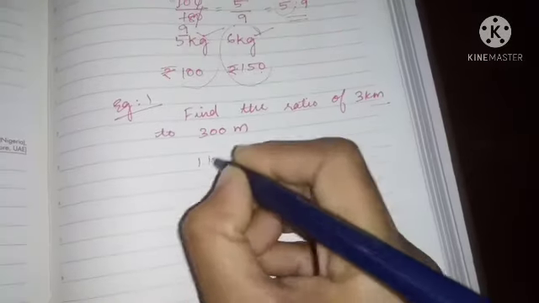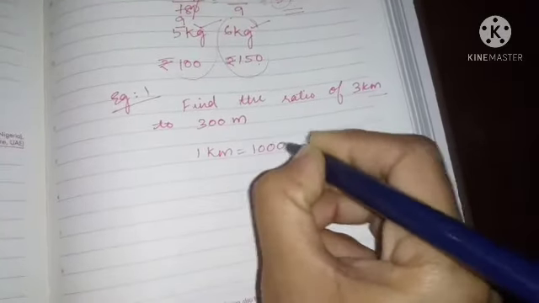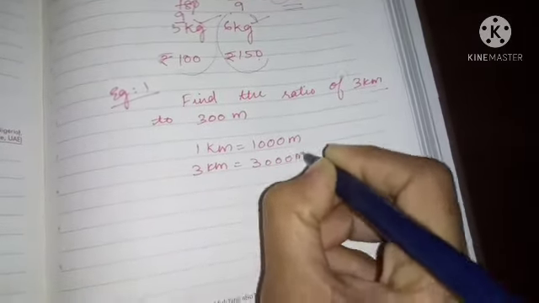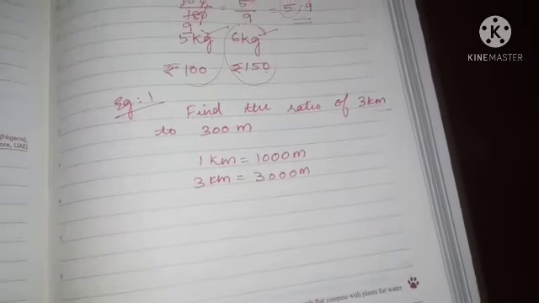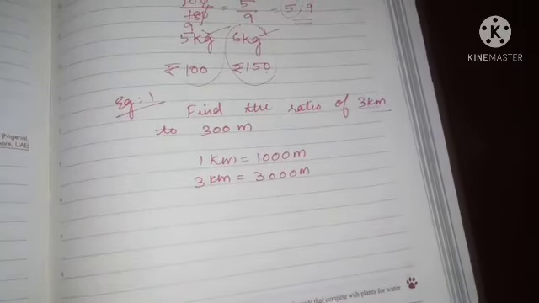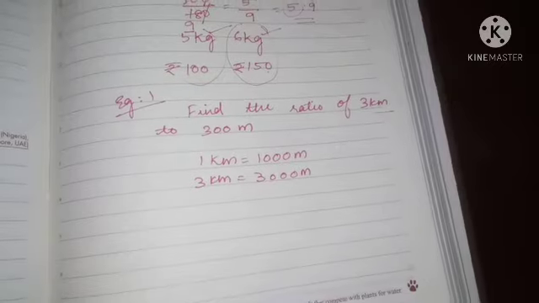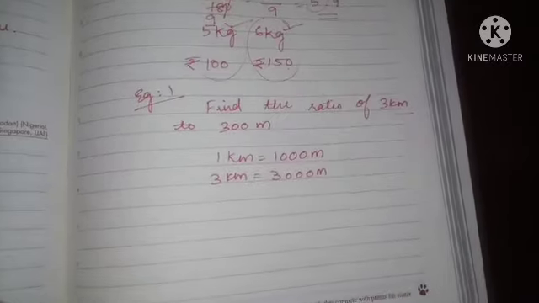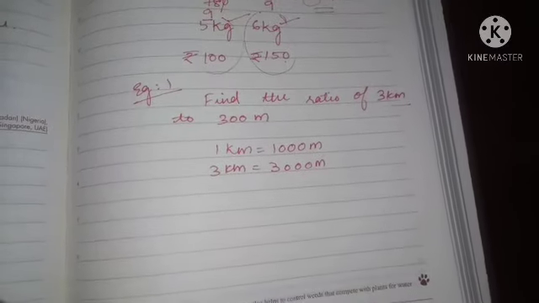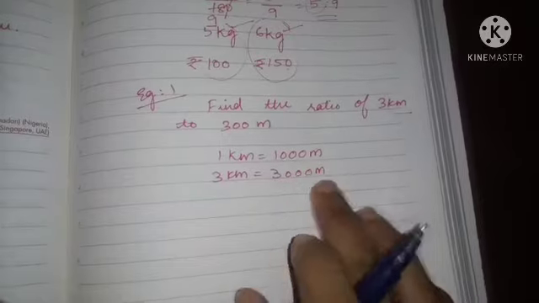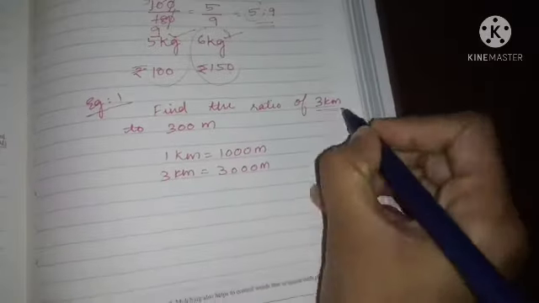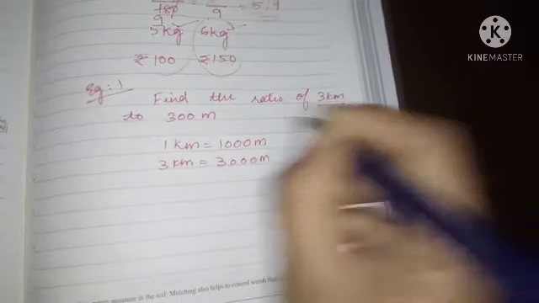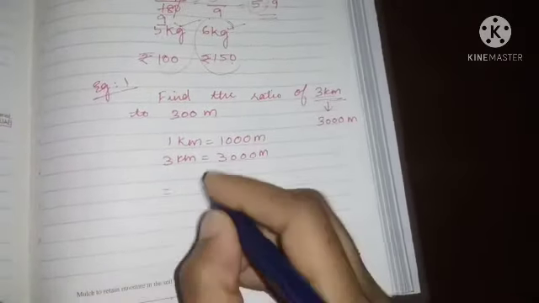I am converting: 1 kilometer is equal to 1000 meter. So 3 kilometers is equal to 3000 meter. So I have converted 3 kilometer to what? 3000 meter. So now this has become 3000, correct? Now this is also in meter. So now we are finding the